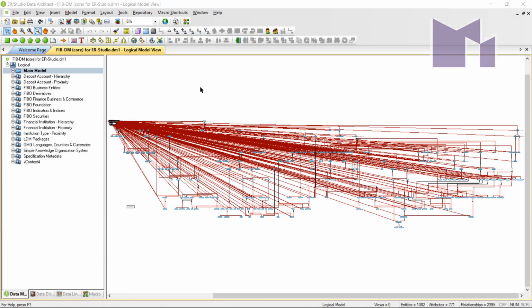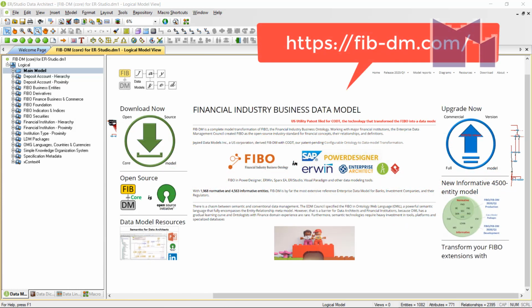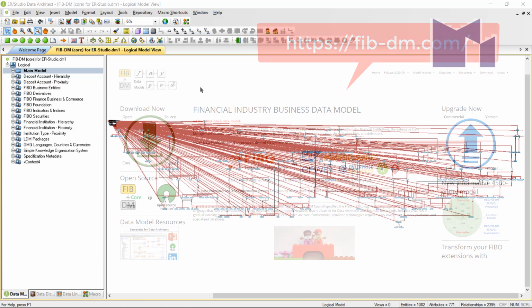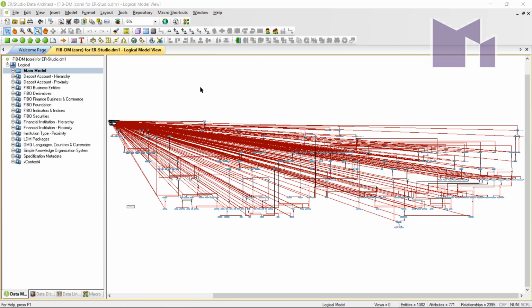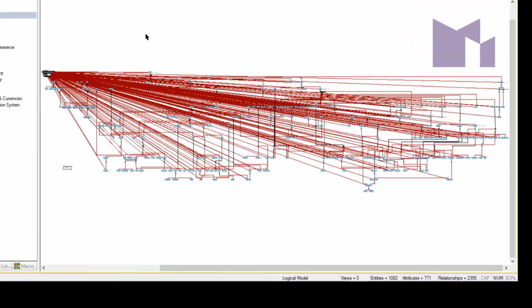Hello. Anyone who has seen the FIB DM data model derived from the FIB ontology will know that it's a large model. Even the core model, which you can download for free, is large. I can see here my ER Studio version of that model. Down in the bottom right hand corner of the screen, I can see that there are over 1,000 entities and